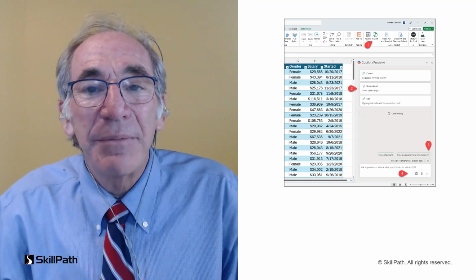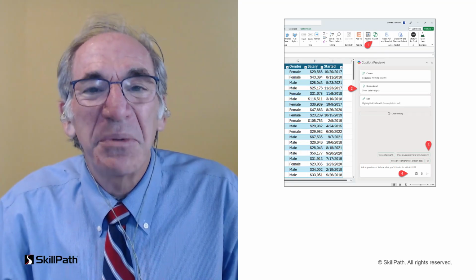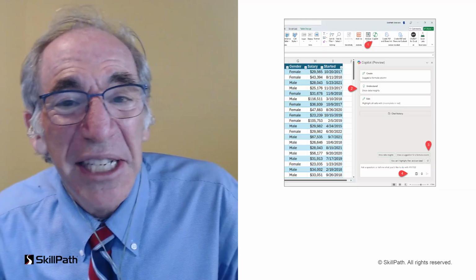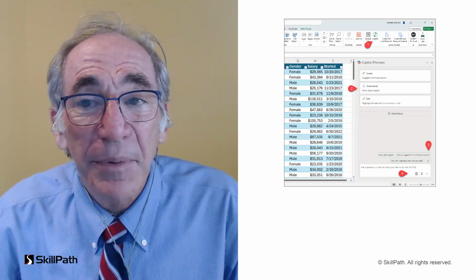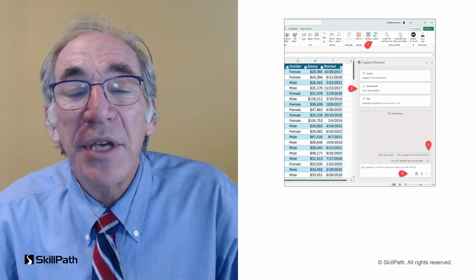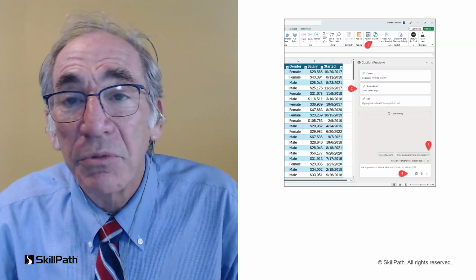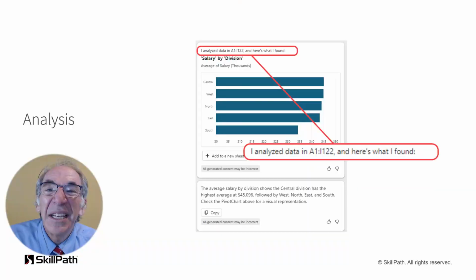Copilot in Microsoft Excel provides a pane on the right side of the screen. You want to understand the data, you want to edit the data. Any one of those major categories appears at the top of the pane, and then at the bottom, you get to either use the ones at the top or write your own. As you can see, this is what it found when it analyzed the data.